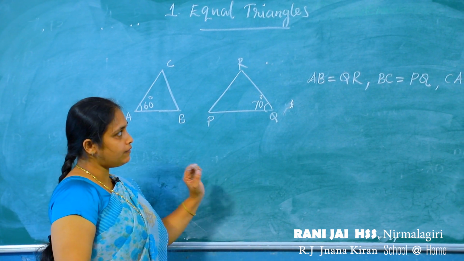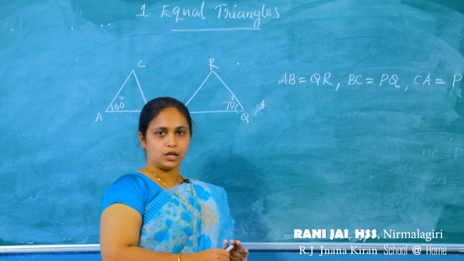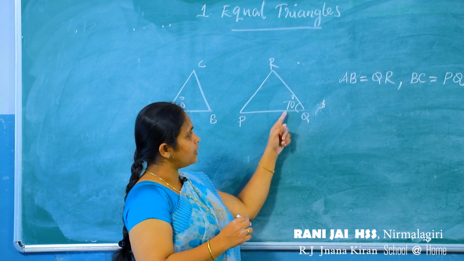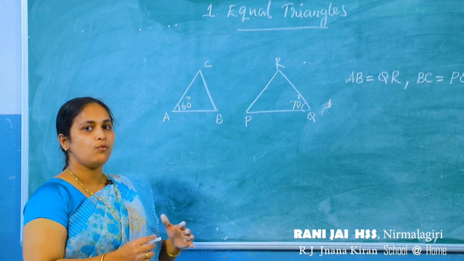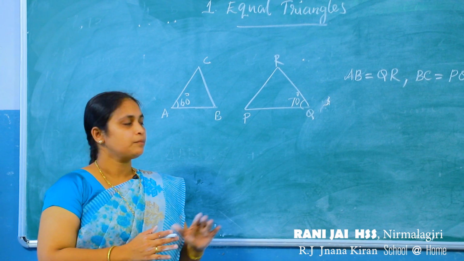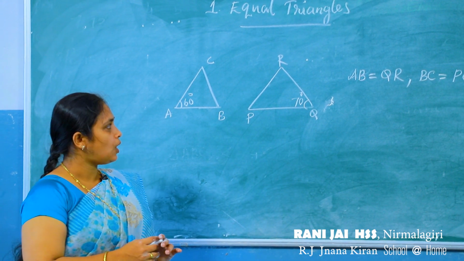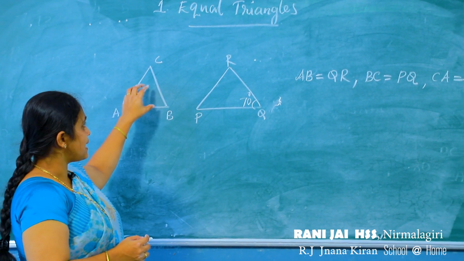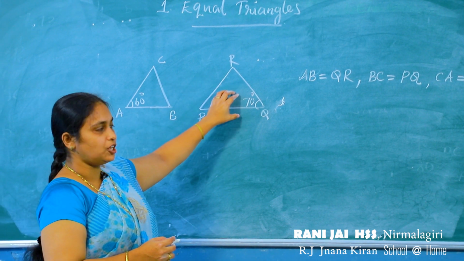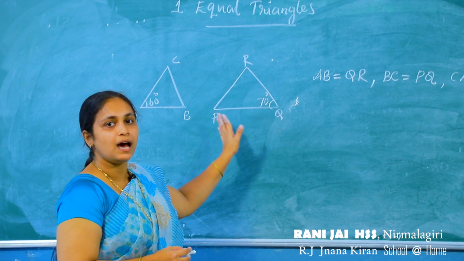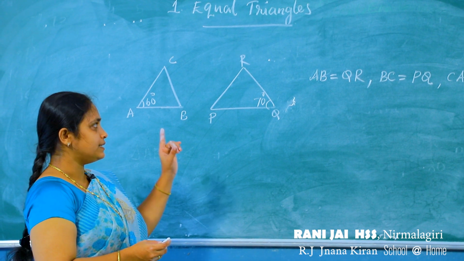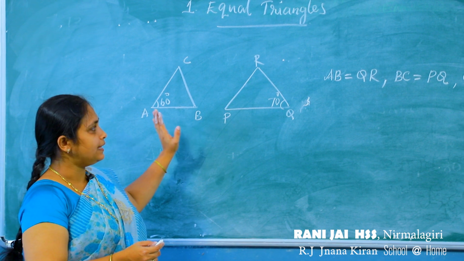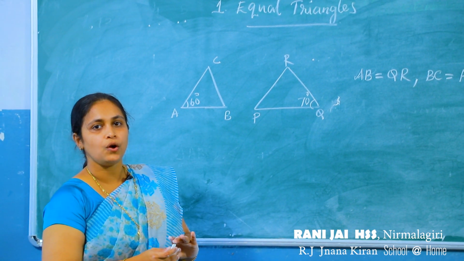Okay. Given that these three sides are equal, then how we find? Here only one angle is given. In this figure also one angle is given. Then how we find the other two angles in both of these triangles? Now consider these sides are equal, that is in triangle ABC and in triangle PQR all three sides are equal. Therefore, we studied that in a triangle all three sides are equal, then their angles are also equal.